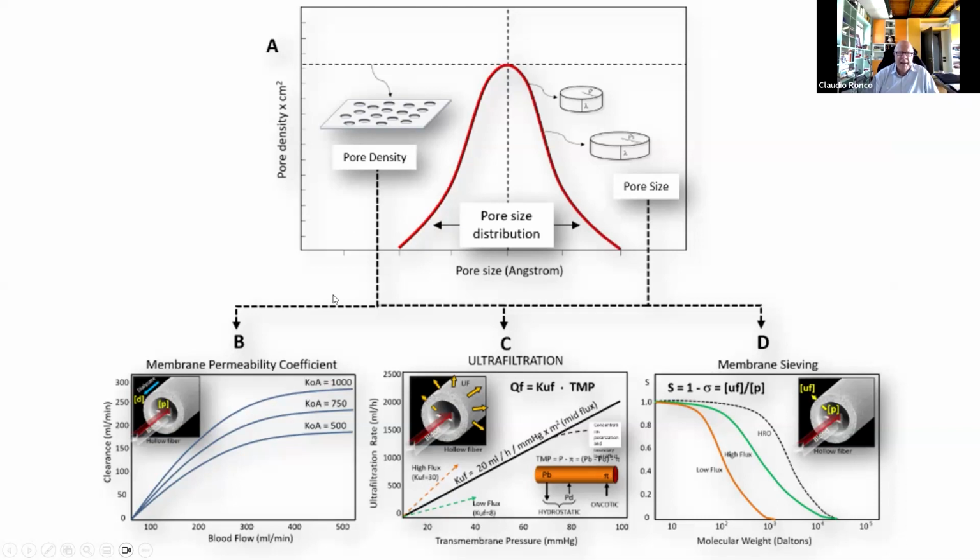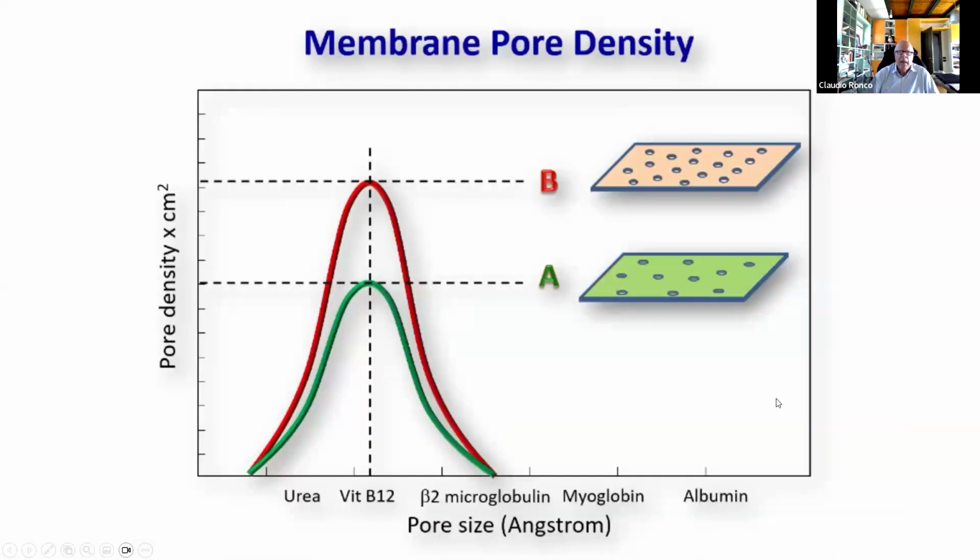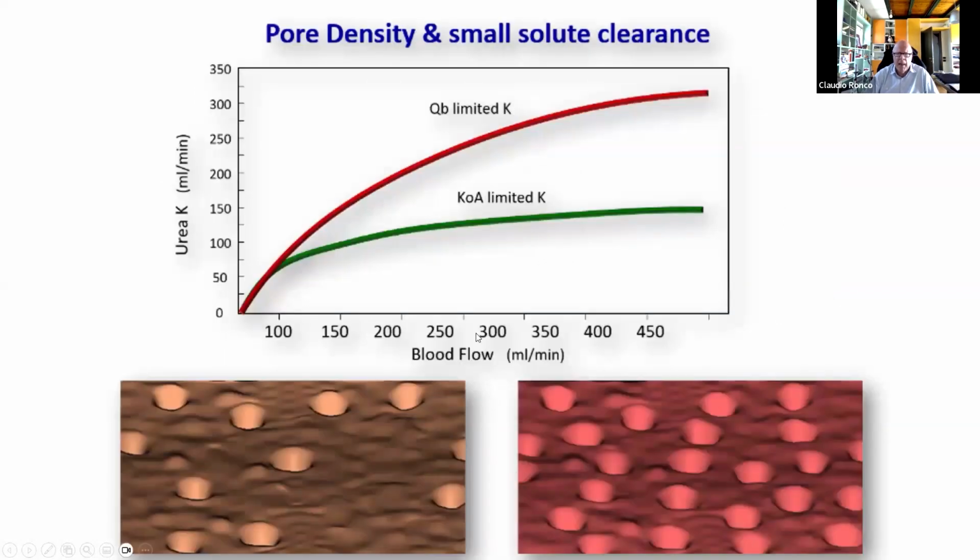Pore density affects the clearance for small molecules, the membrane permeability coefficient to diffusion, and ultrafiltration. While pore size distribution, again, characterizes mostly the sieving coefficient and the sieving properties of the membrane. So increasing membrane pore density means increasing the possibility to remove small molecules. And in fact, you see for a given blood flow, a membrane with higher pore density provides higher clearance for